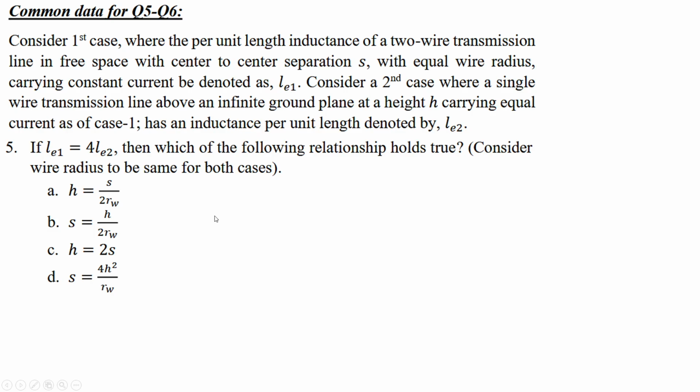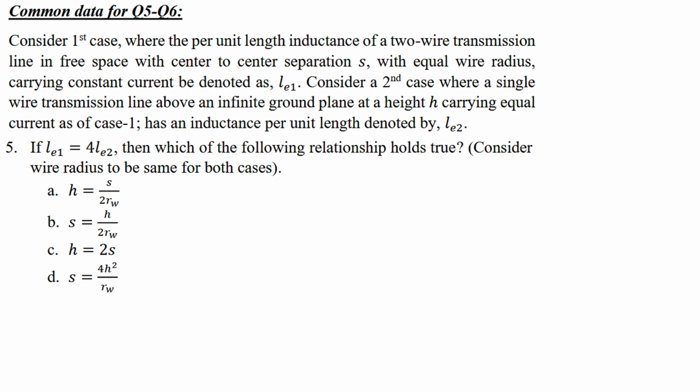Okay, now we'll move on to question number 5. For question number 5 and 6, the data is the same, meaning the same two-wire transmission line is used. So the common data is, consider the first case where the per unit length inductance of a two-wire transmission line in free space with center to center separation S with equal wire radius, meaning Rw is the same for both the wires, carrying constant current to be denoted as, so in case 1,